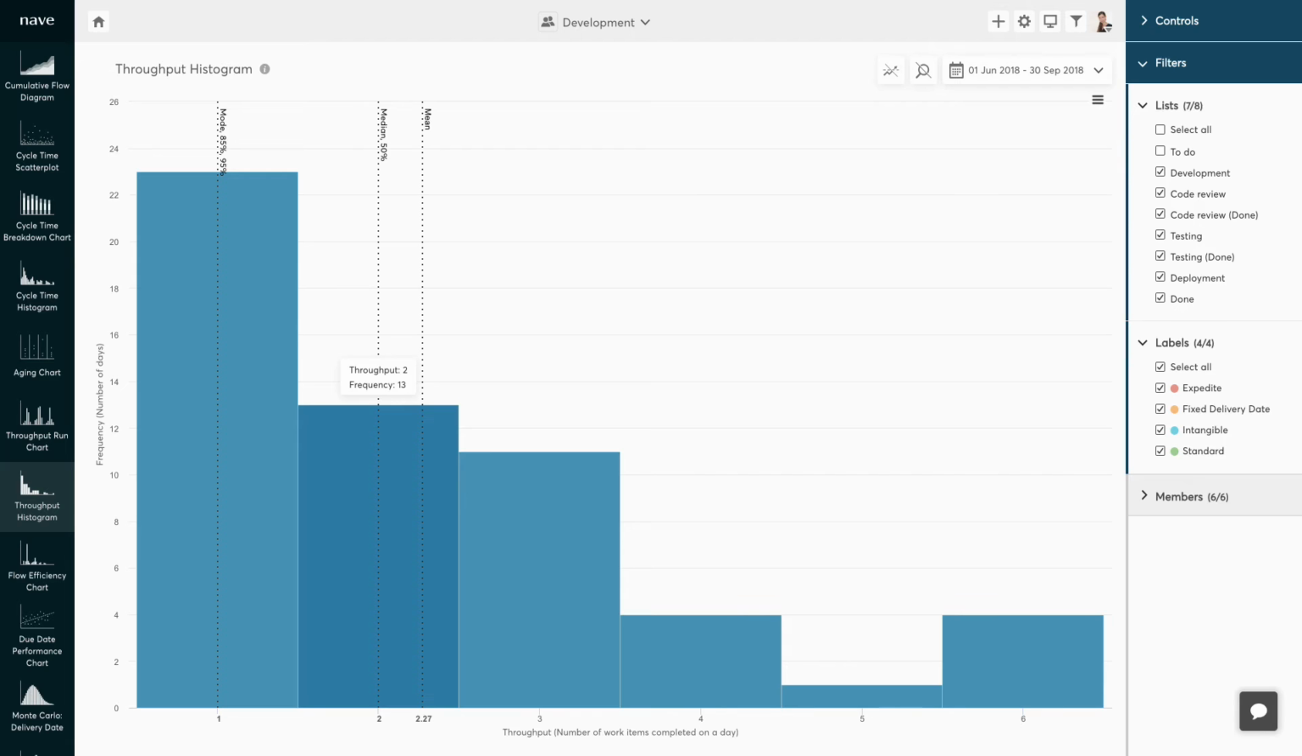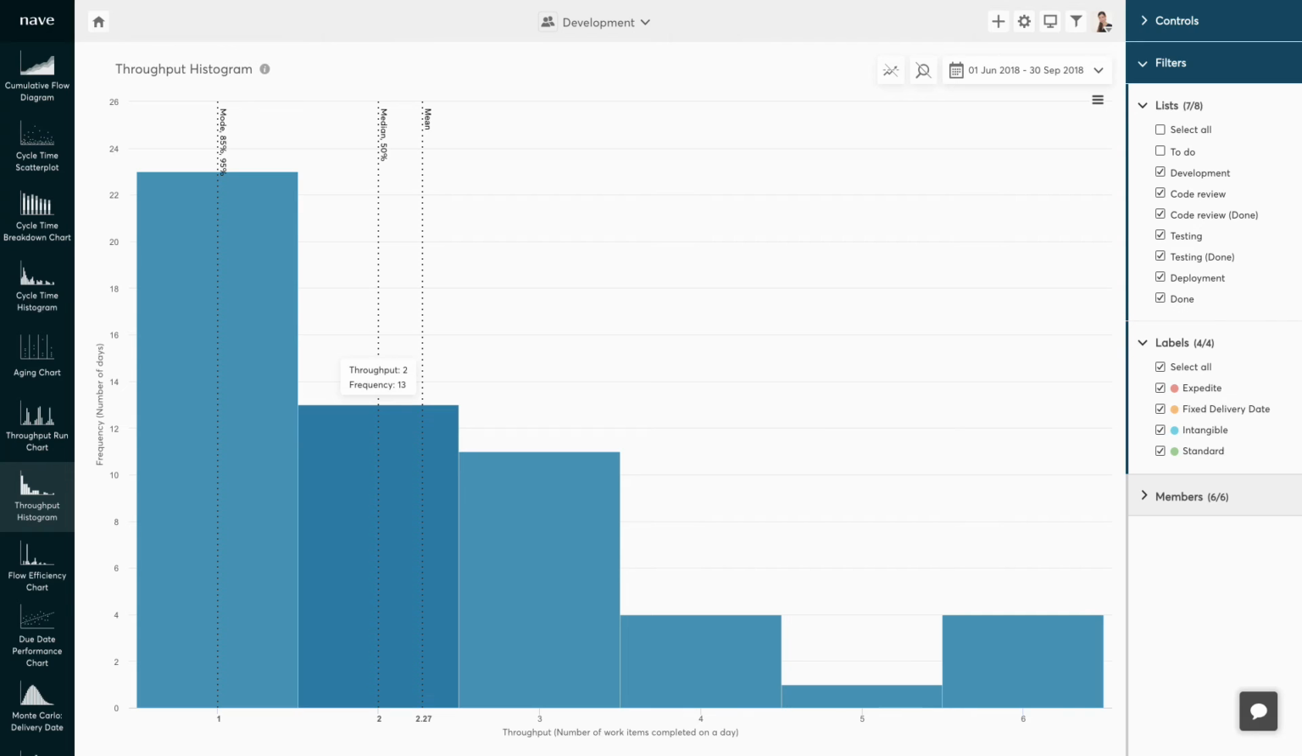It shows the shape of your throughput frequency distribution. On that throughput histogram, we see that there are 23 weeks in which this team delivered 1 item per week, which was the common scenario. 13 weeks with a throughput of 2 items per week, and 11 weeks with a throughput of 3 work items per week. The histogram is also calculating your throughput averages using the mean, median, and mode values of your throughput